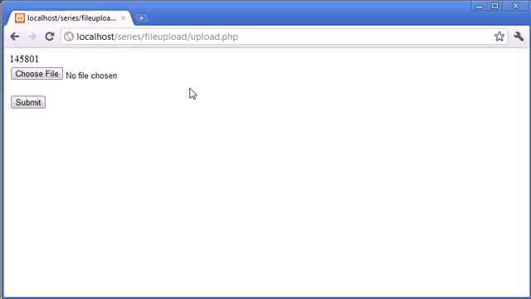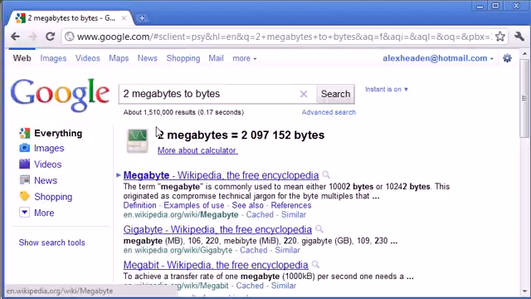Let's say we don't want an image file over 2 megabytes. So let's say we are going to stick with our 2 megabyte maximum allowed file size. Now the way we do this is we can easily work this out using Google. So if I just pull up this page here, you can see I've already typed 2 megabytes to bytes, and Google's automatically used the calculator to work this out for me. It's 2 million and then so on. So if we just copy and paste this,